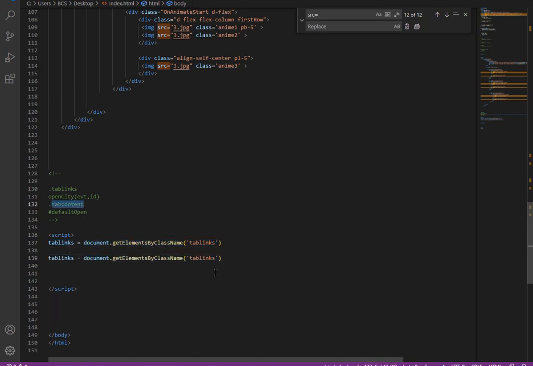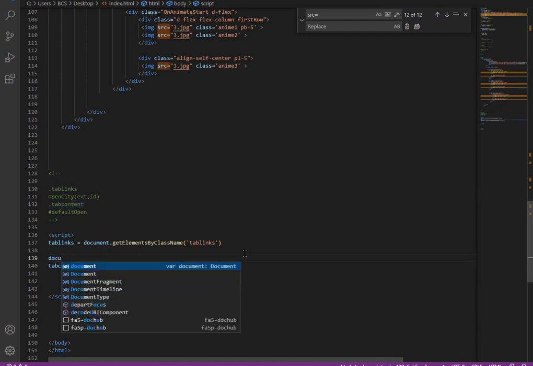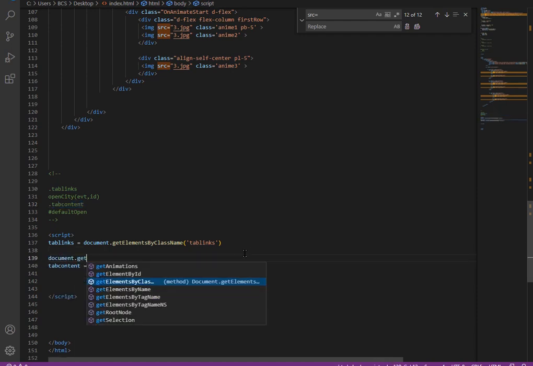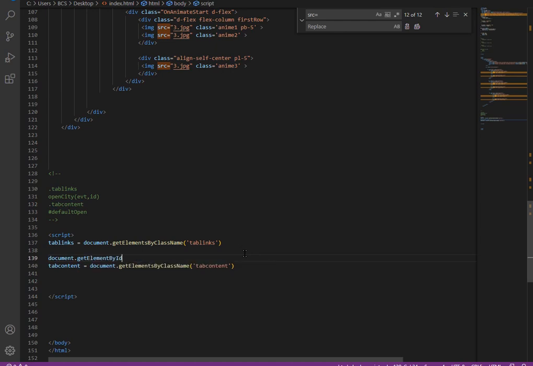This is the parent div for each content, and then we have ID, document dot get element by ID. The work of this is very small. I'll let you know what it is. This is default open and store it.